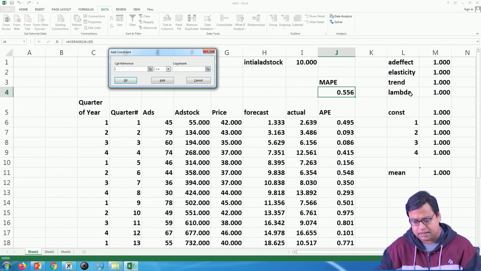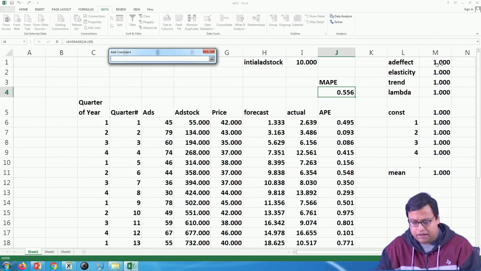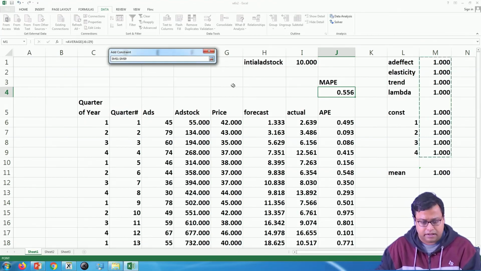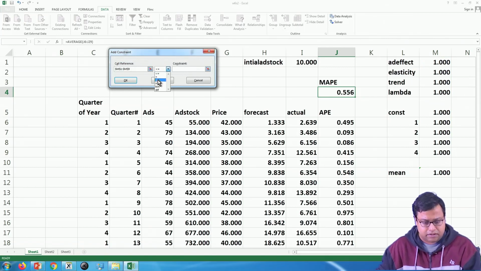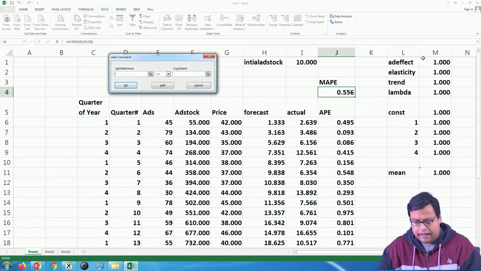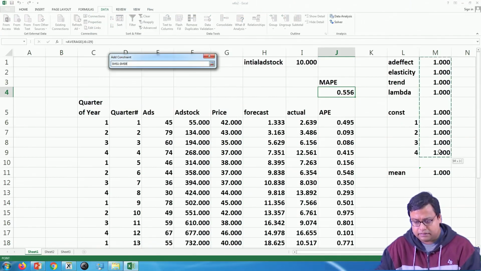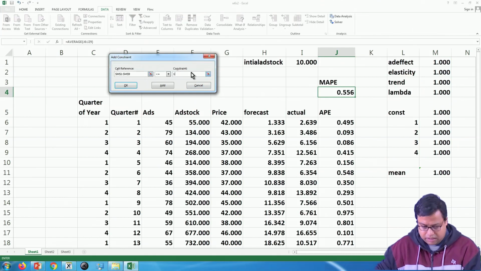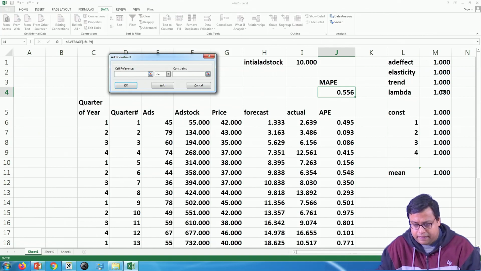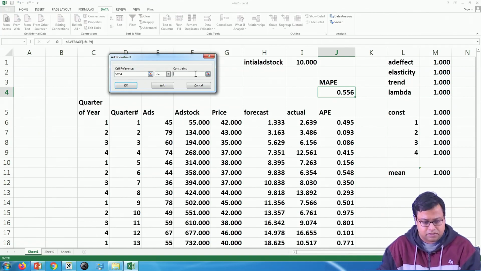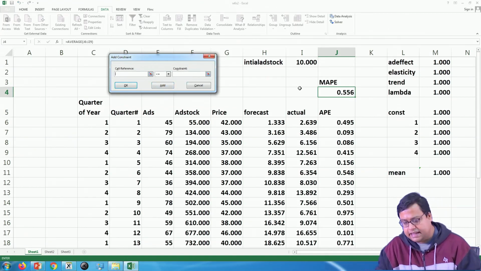So, this is something that is important, we have to check, and this constant term has to be positive, otherwise your sales will become negative. So, I will put everyone here has to be greater than or equal to 0, okay, and let us say everyone has to be smaller than or equal to 100, add, and this lambda decay has to be smaller than or equal to 1, add. Anything else?